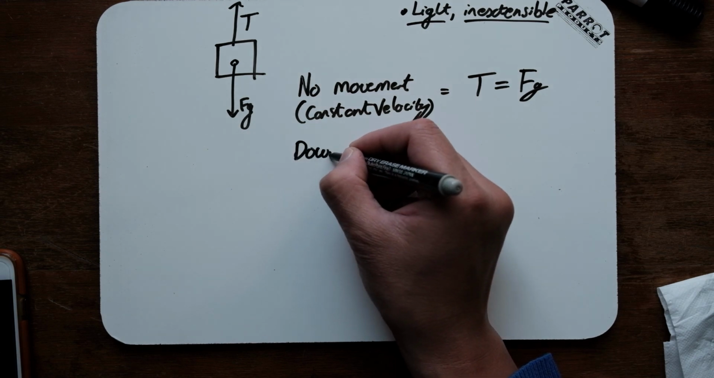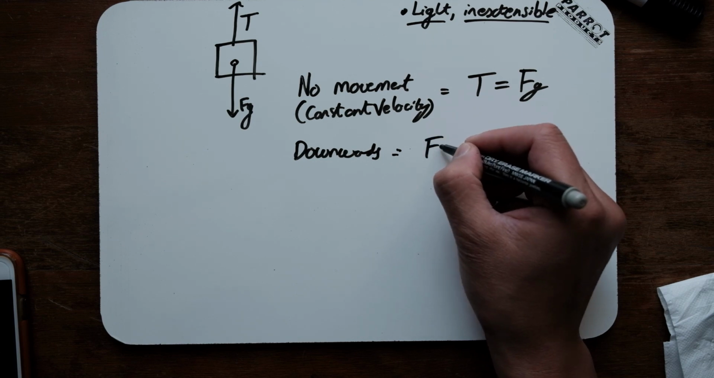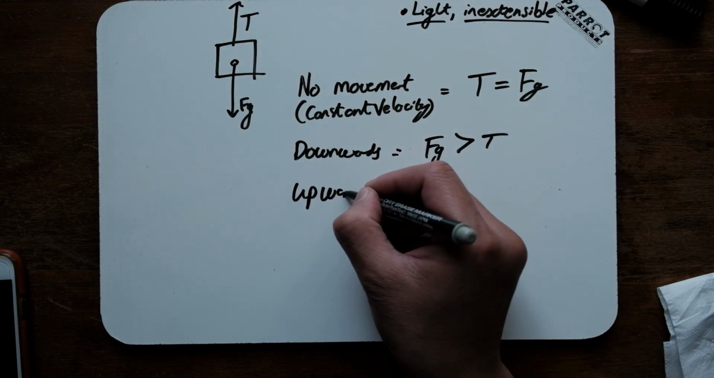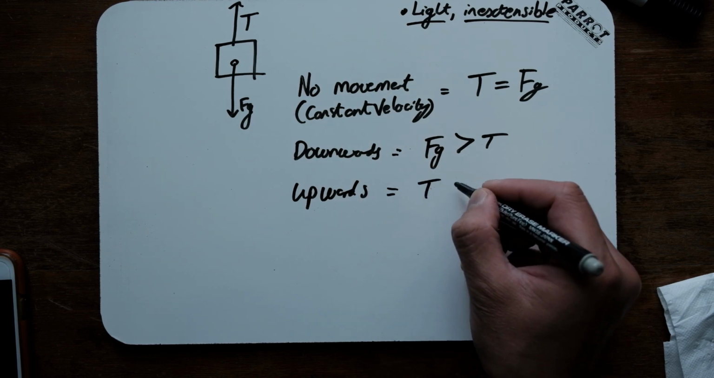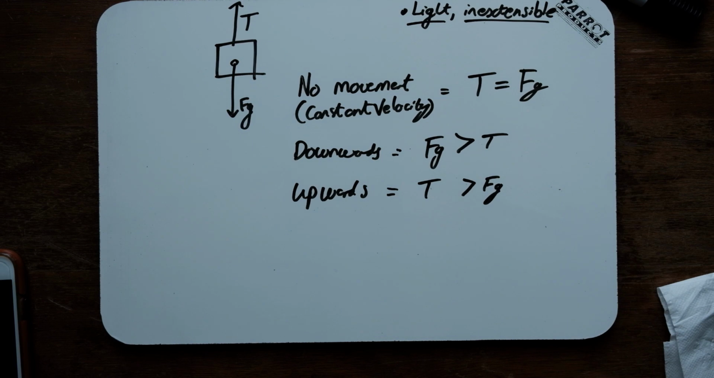the force of gravity acting on it. If it's not moving, then the force of gravity is going to be equal to tension. If it's moving downwards, the force of gravity will be greater than tension. If it's moving upwards, tension is greater than force of gravity. That is around about it. So if we write that down,